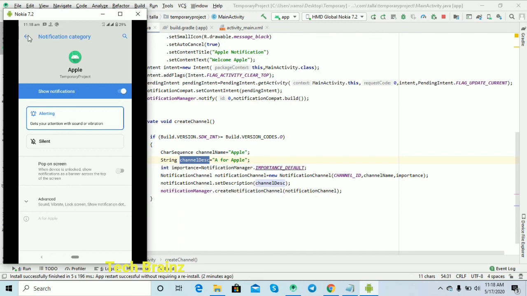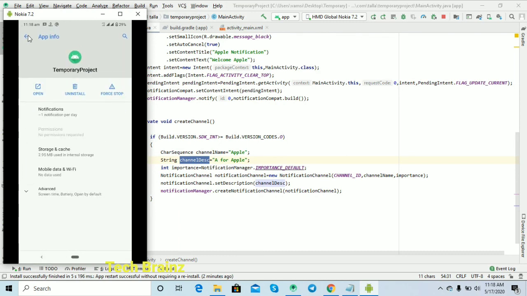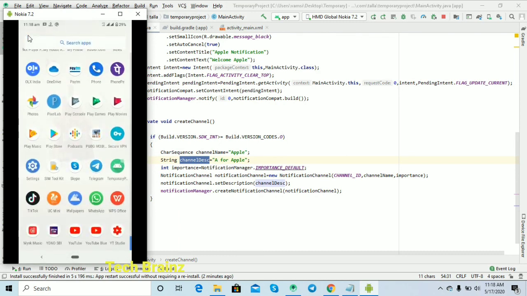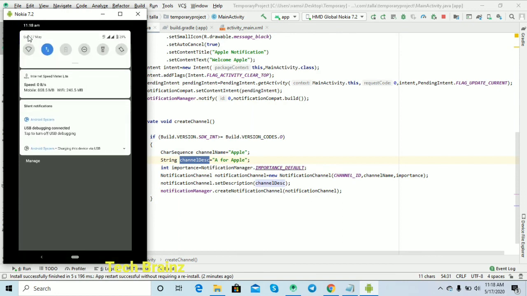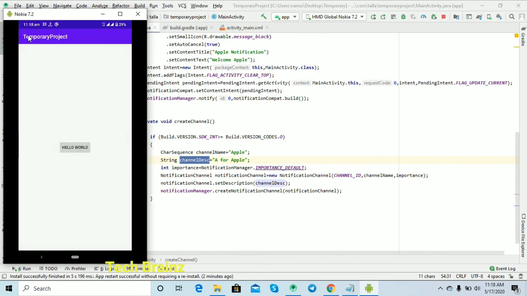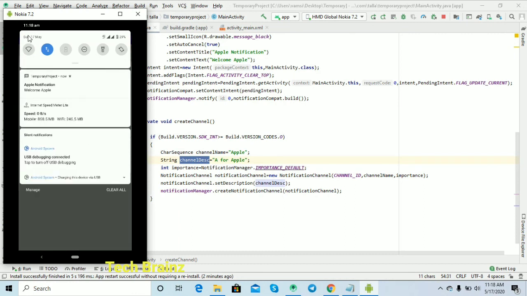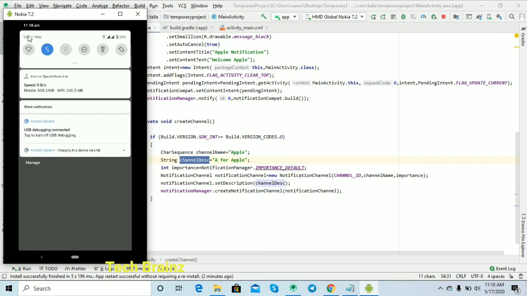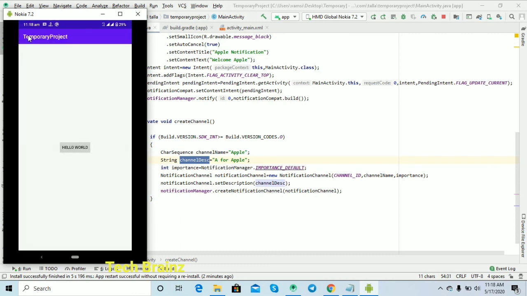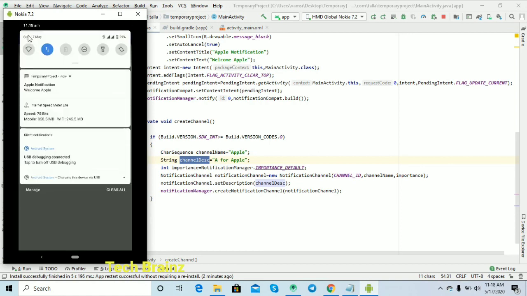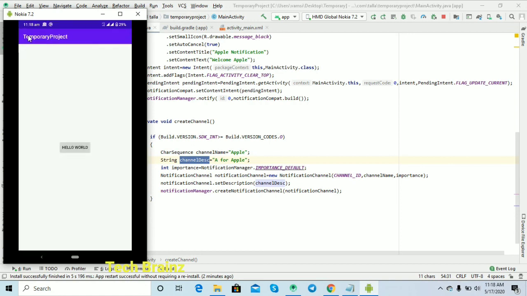In Android 8, API 26 version, that is Oreo, for Android Oreo or greater versions, you have to create the notification channel. It is mandatory. If you don't create the channel, the notification will not pop up on the status bar.